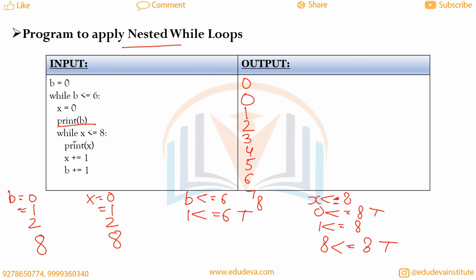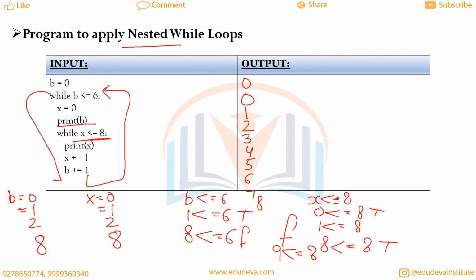Now we check whether 9 is less than or equal to 8. No, it is false. So we go to the first while loop, b is less than or equal to 6. It means 9 is less than or equal to 6, which is false. So we will come out of the while loop.